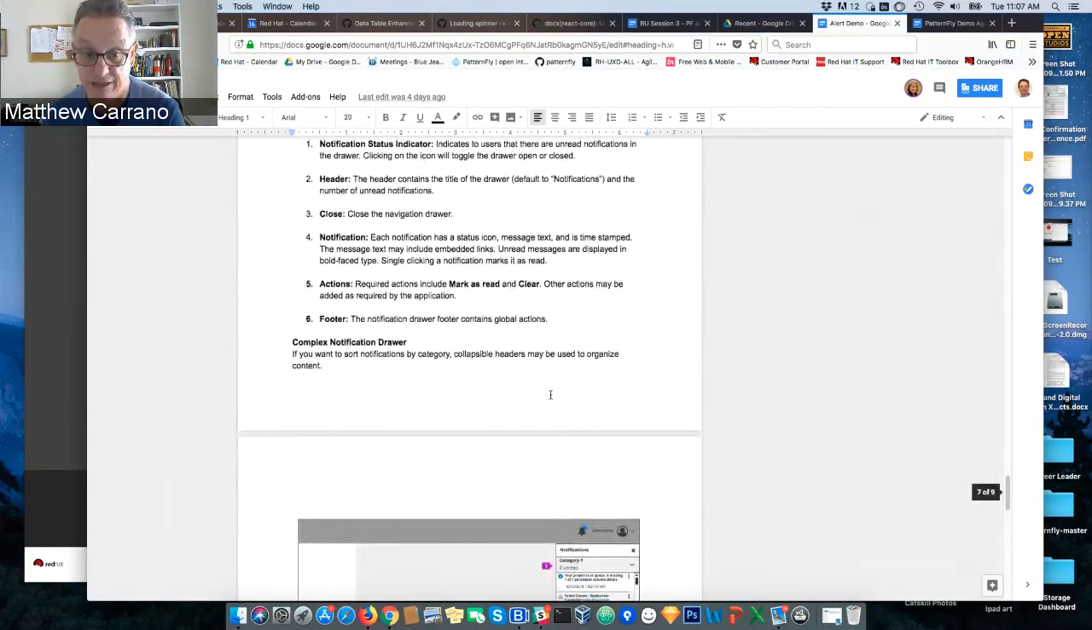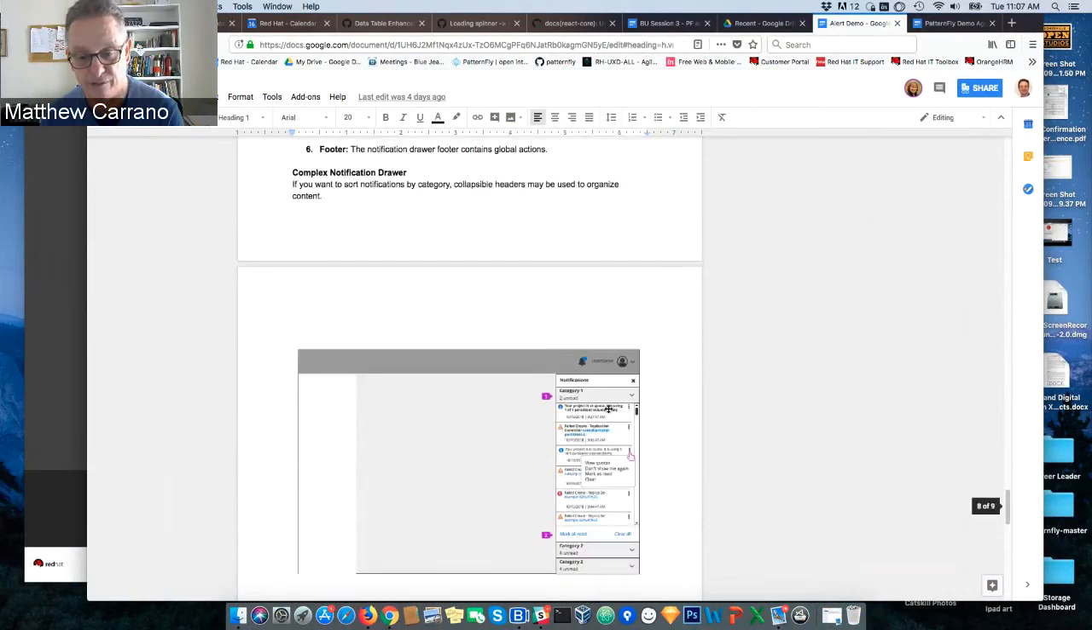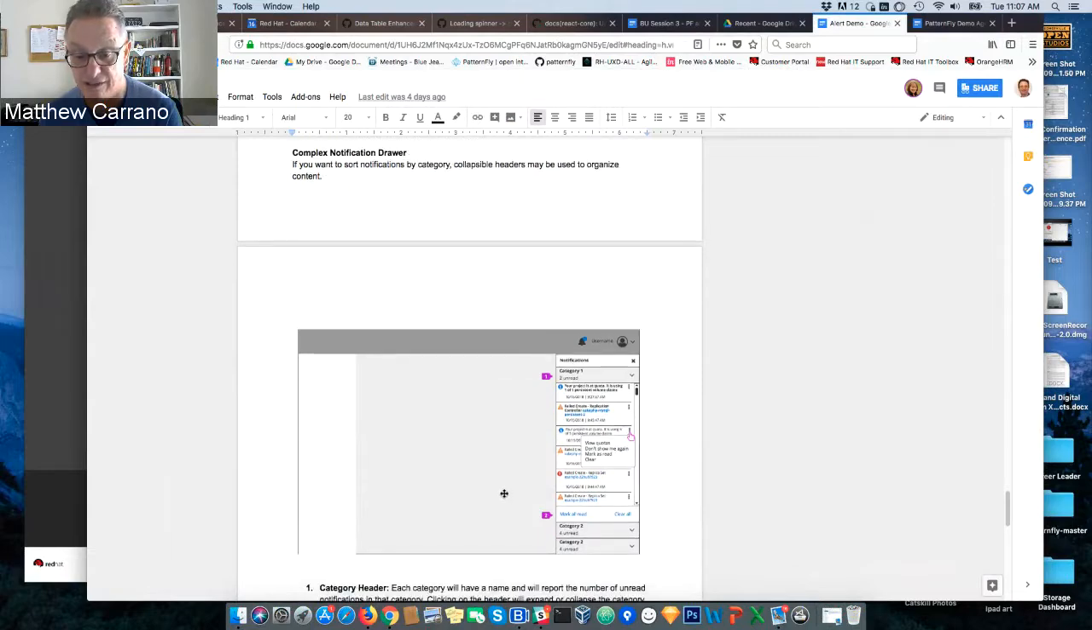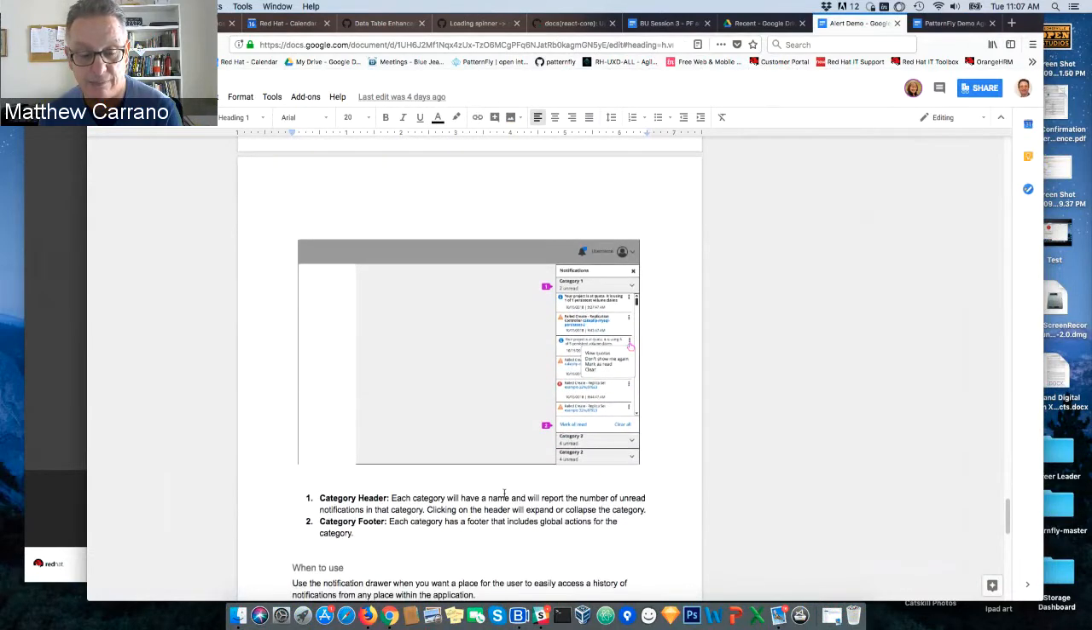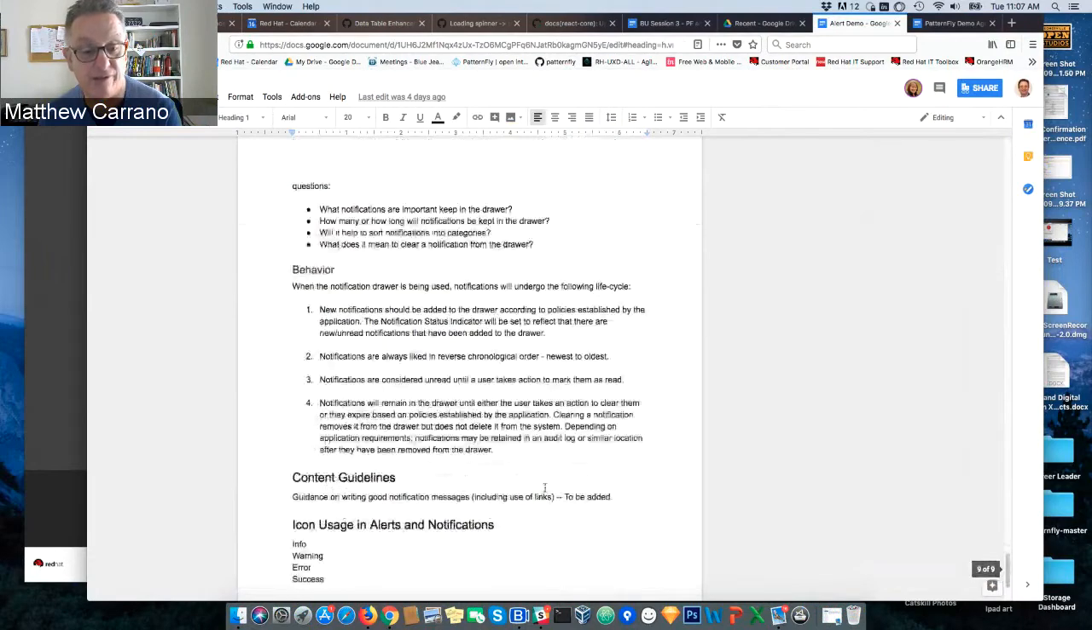and talks about either the simple version of the drawer or the complex version of the drawer where we can use an accordion to group notifications into categories. Again, when to use, when not to use, how to use the notification drawer. There's still a little bit of work to be done here